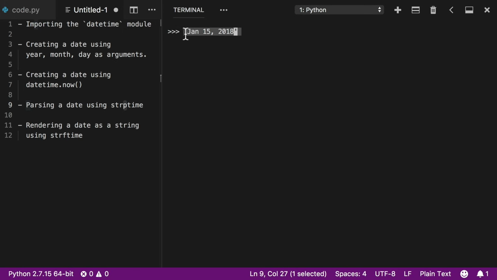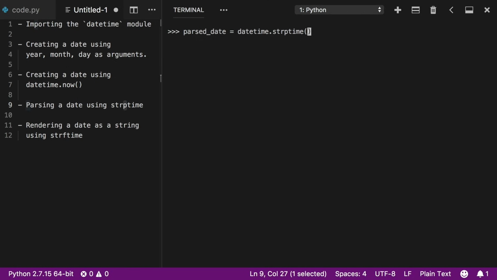Python is smart enough to be able to take a string like this and convert it into one of those datetimes. So when we don't have a clean datetime object, we can create one using a string like this. And we can do that using the string ptime function. So let's take a look at how that works. We'll create a variable here called parse date, and I'm going to set this equal to datetime.strptime, and this is a function.